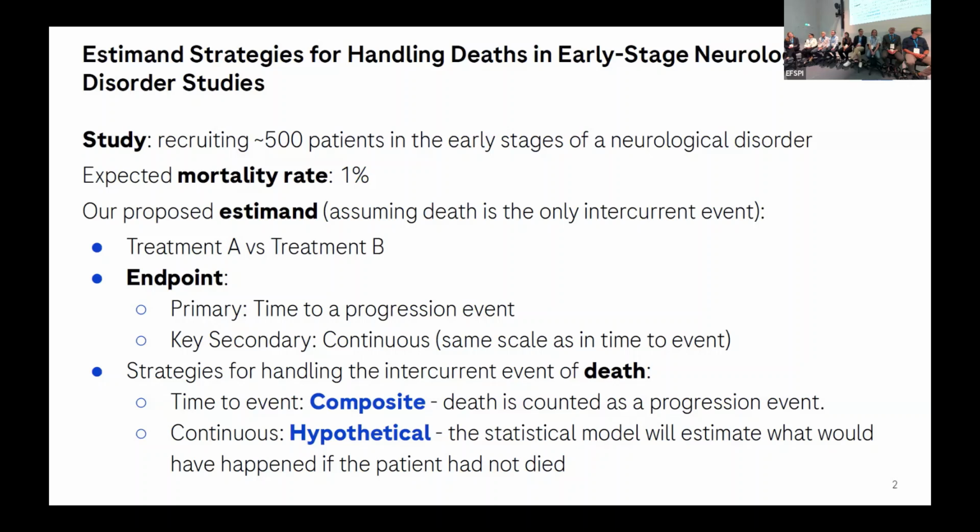For the time to event, we selected a composite strategy in which we assume that death is counted as a progression event. And for the continuous endpoint, we chose a hypothetical strategy in which we are allowing the statistical model to estimate the treatment effect of what would have happened to the patient if the patient had not died. It's a strange question, but